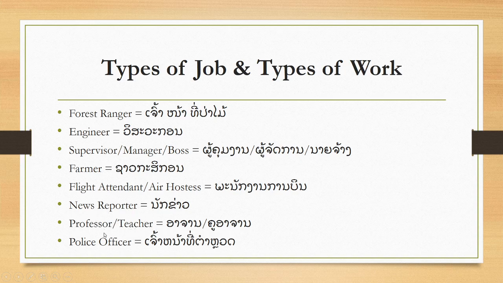Professor and teachers. Professors, Ajahn, teachers are Kuba. Because professors have a degree and they are specialized in their field, they go to school for a long time to be professors. Most professors teach at college or university levels as well. Teachers are Tamada Ku. They teach from Anuban to Maljet to high school. And here we have police officers. Police officer are Tamblua.